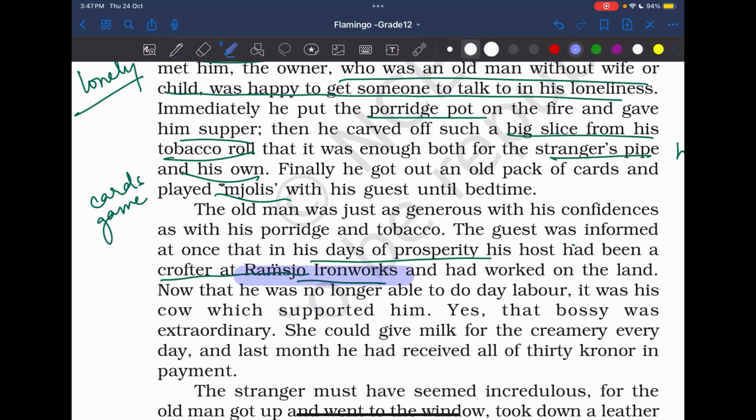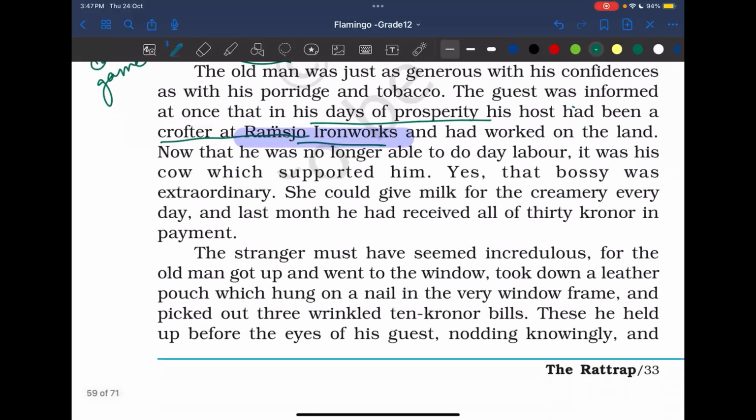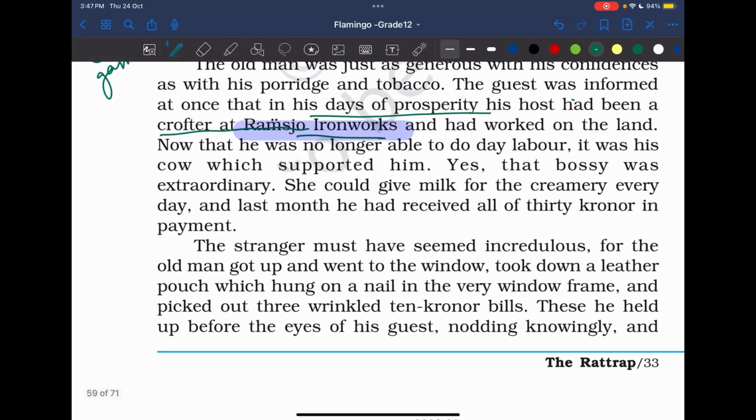ये mill हमारे लिए बहुत important है text के लिए. So he used to work there, but अब वो वहाँ पे काम नहीं करता. That is what he told me, and he told him that now he has a car and he's having a creamery business, and because of this creamery business, he just earned 30 kroners. Now 30 kroners is the denomination, the currency that they have, and apparently it's a very huge amount,